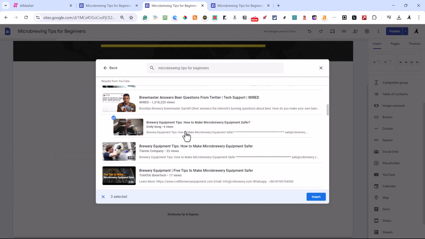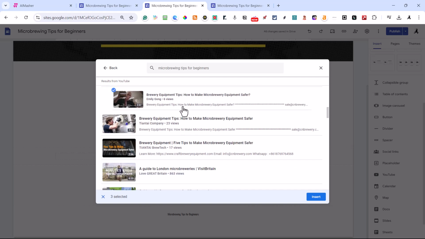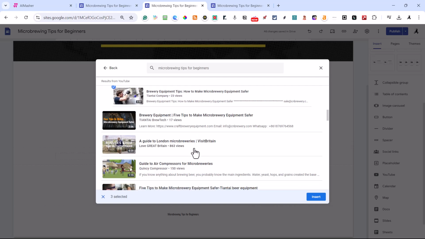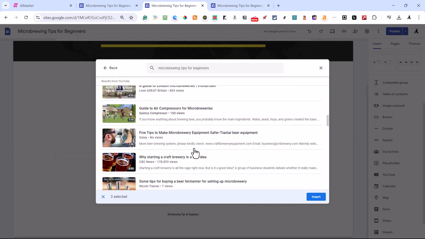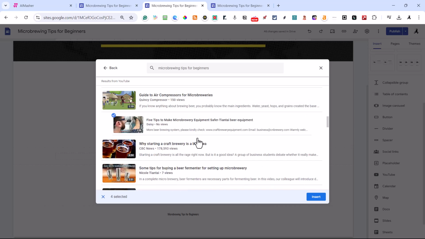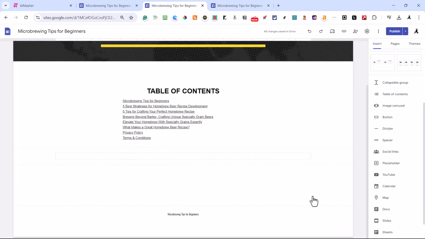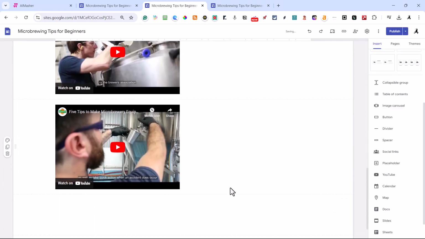Brewery equipment. Let's do this one. How to make. And I think I got 1, 2, 3, 4. Let's start with 4. Okay, it stacks all 4 of them.